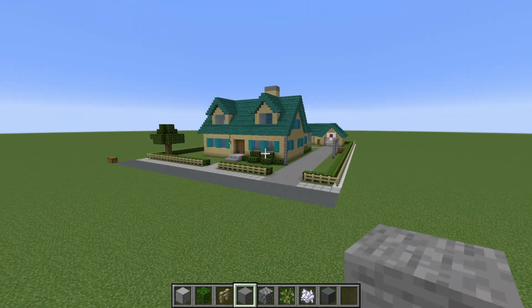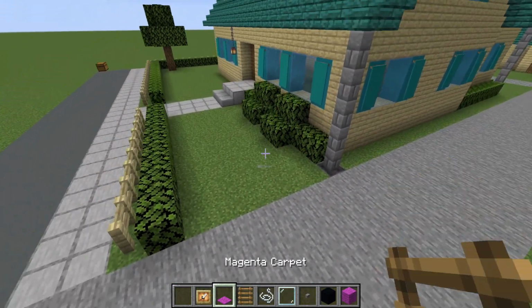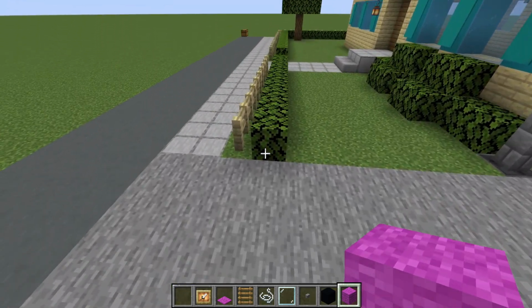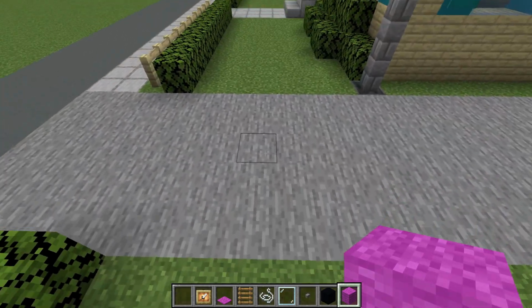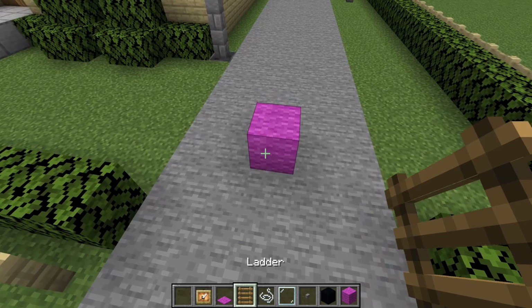And now that we have all of that filled in, there is but one detail to add, which would be the family car. So, right in the middle of the drive, somewhere between where the hedge starts and where the house starts, we are going to begin by placing a magenta wool, which we want to place a ladder in